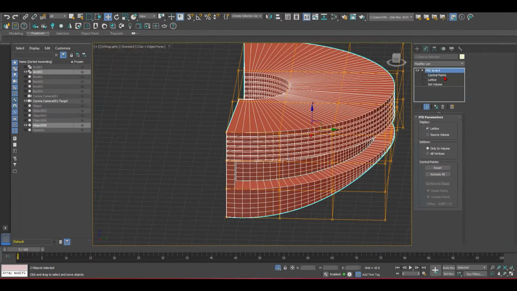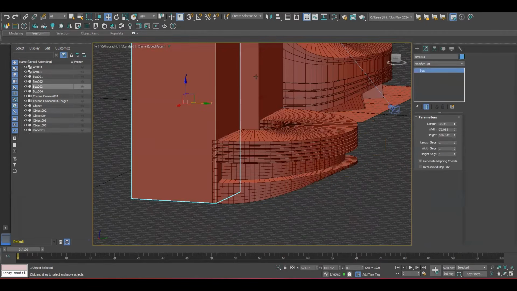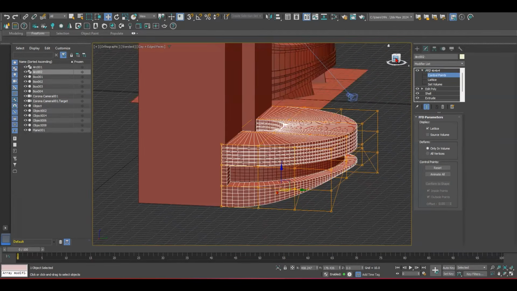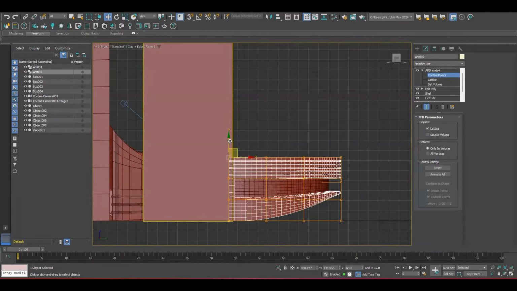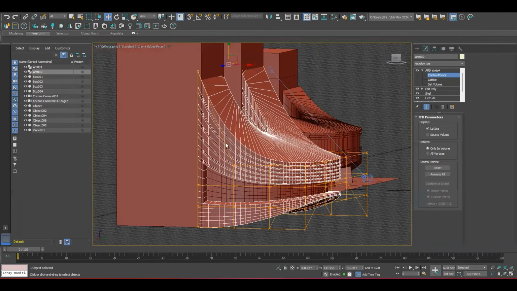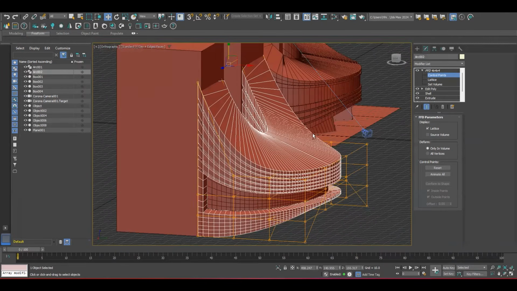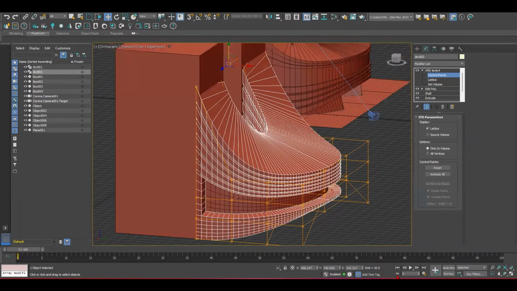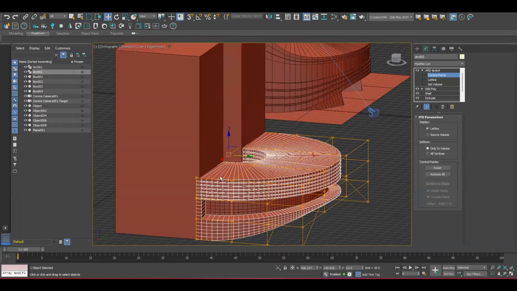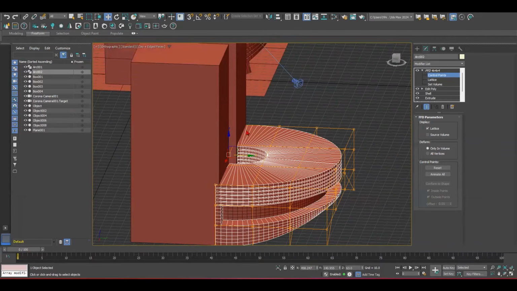What is next is I have to connect between this plaza and this tower. If we try to do it this way, select this point, raise it up, it would mess with the side. And this is what happened here, this form. But this form here is not similar to this. So I have to separate the roof of this and apply it onto this.